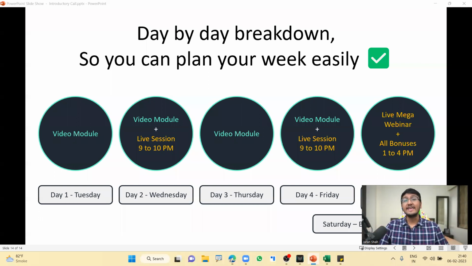I'm going to send an email right now in the Zoom chat. If you have any login issues, you can simply write to my support team and they will be able to reset your account for you. Simply mention in the subject, change of account details, and mention this is my email ID. I want to change it to so and so email ID and this password. Please do it for me. And they will do it for you. How about that? All right. I'm sending it in the Zoom chat. You can take it from there. Chalo.